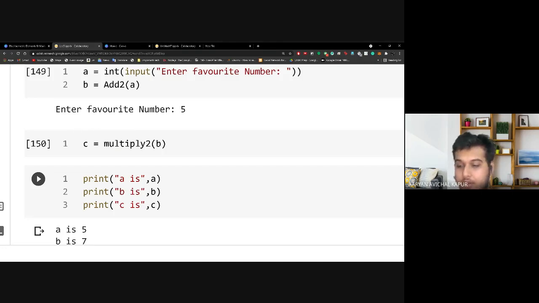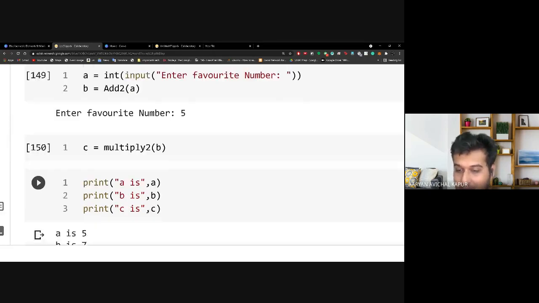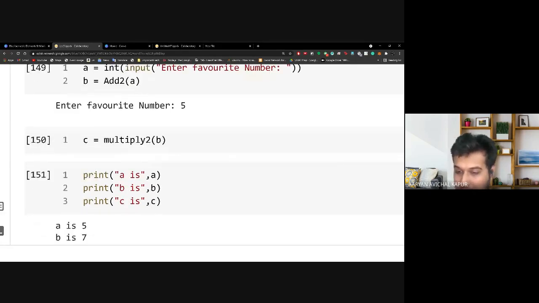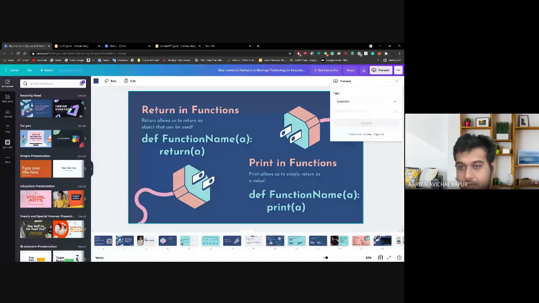Perfect, perfect. I think somebody else also had a query in the beginning as to the difference between print and return. Is it clear to you as well? I'm sorry, I forgot. Yeah, Pallavi, is it clear to you now? Wonderful. I'm glad it's clear to everyone.